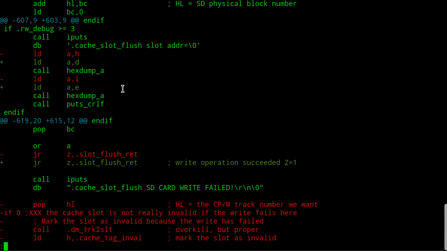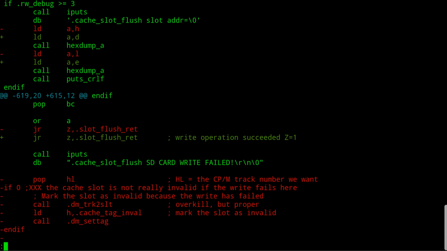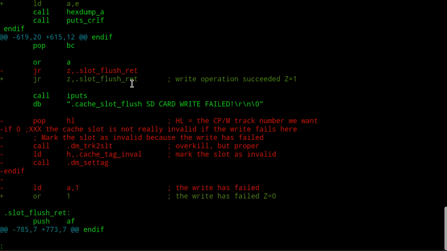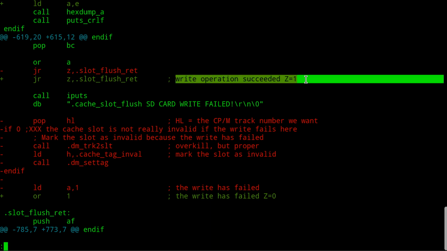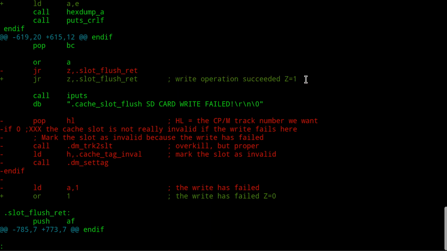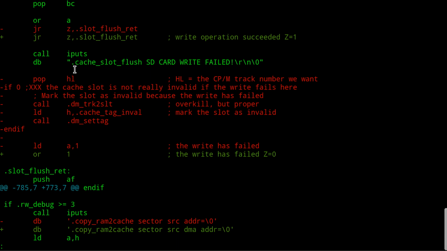What else happened here? I printed out the wrong register again in some debug code. And what else am I going on here? I added some comments. I removed my,